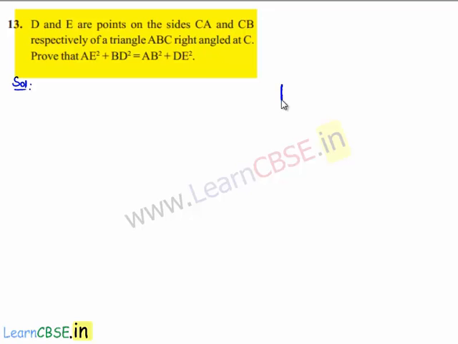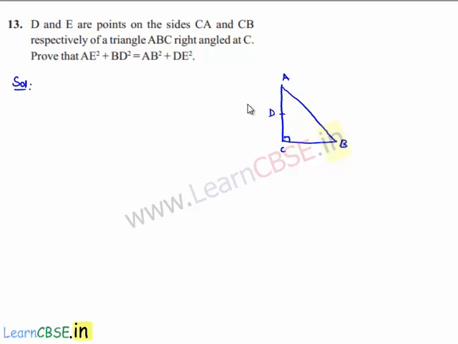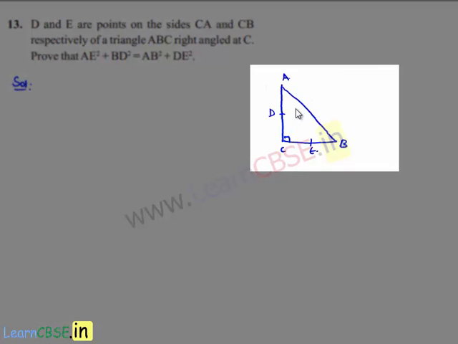Let us consider a right angle triangle ABC, which is right angle at C. Here he says that D is a point on CA and E is a point on CB. And finally he asked us to prove that AE square plus BD square is equal to AB square plus DE square. Now in order to do this,